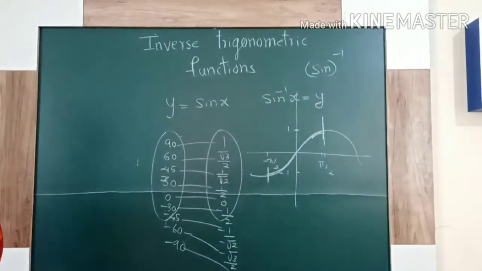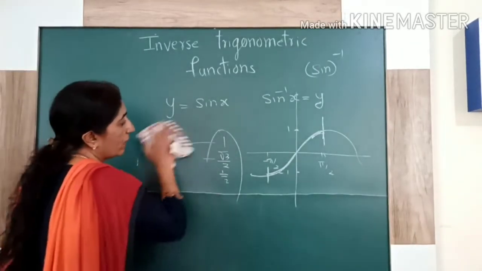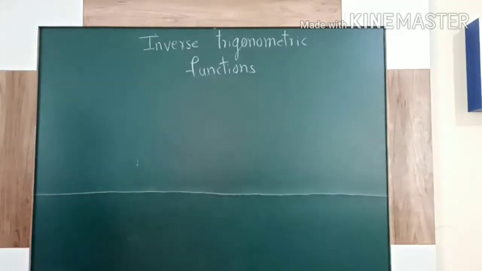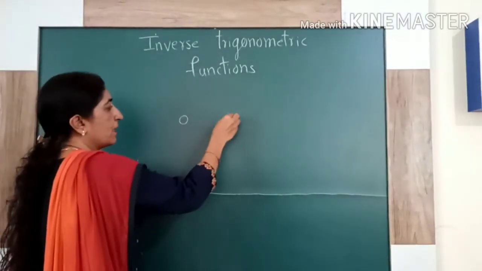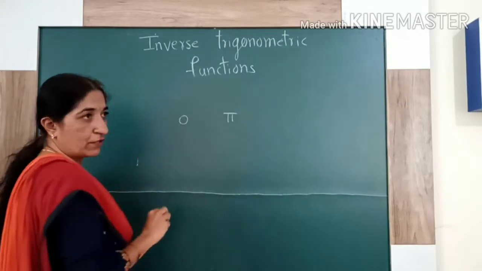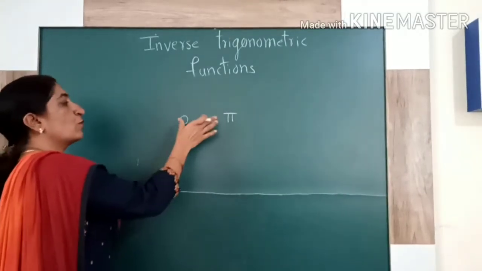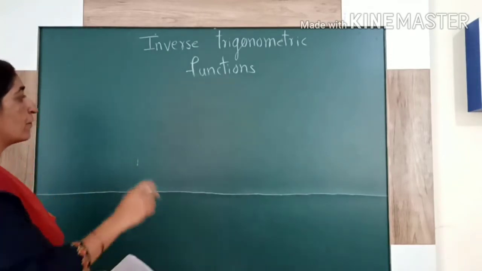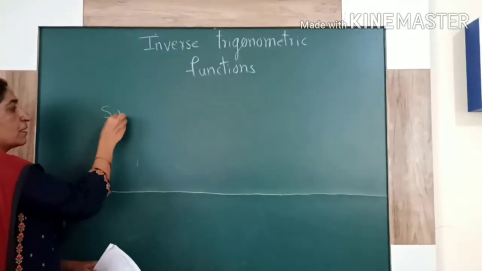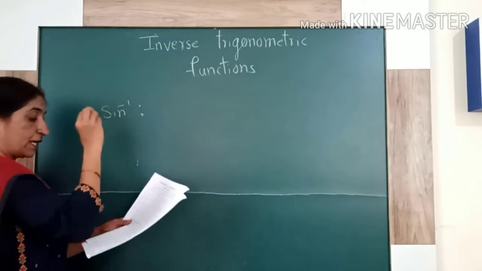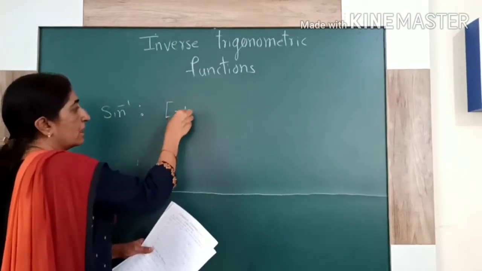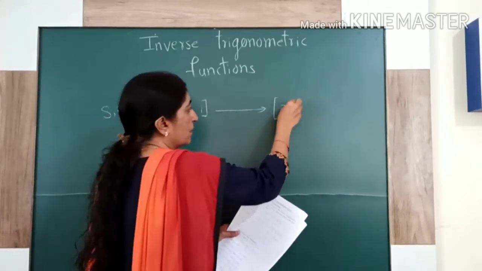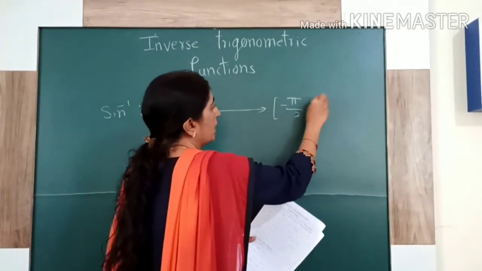Similarly, when you define cos, cos is one-one and onto between 0 and pi. It is not only between 0 and pi, in other intervals it is also one-one and onto, but we have to take the standard value. So that standard value we are giving in the form of a table. This is the table where the functions sin, cos, tan are one-one and onto. So you have to remember it in the form of a table.